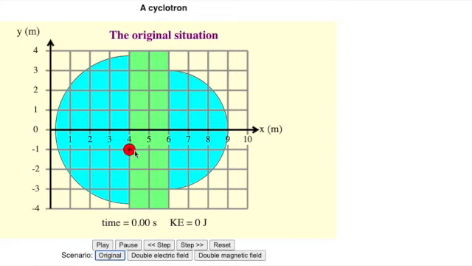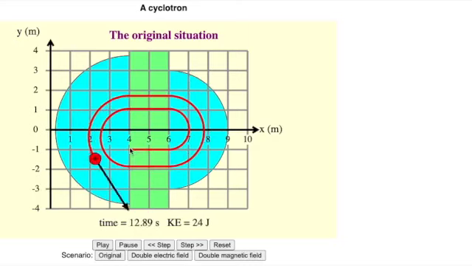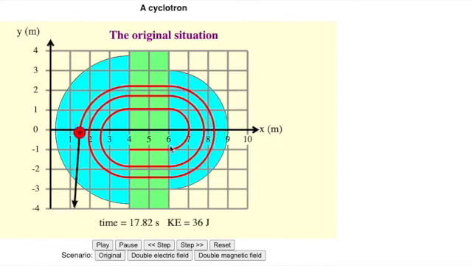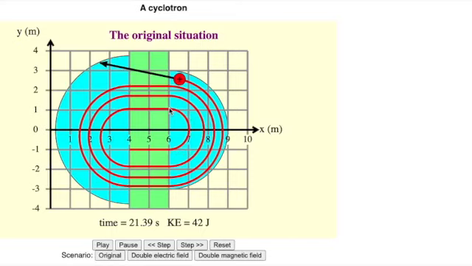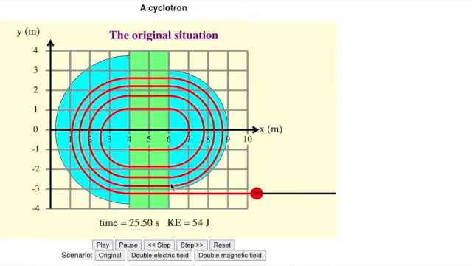See here, this is a positively charged particle. See, it started from rest. In between the Ds, it is just accelerating. When it enters into the Ds, it moves in a circular shape. Once again, if it enters into the electric field region, again it is accelerating. So the particle attains a maximum velocity, a suitable energy, and then it exits from the exit path.